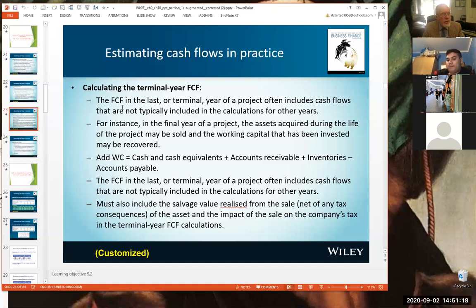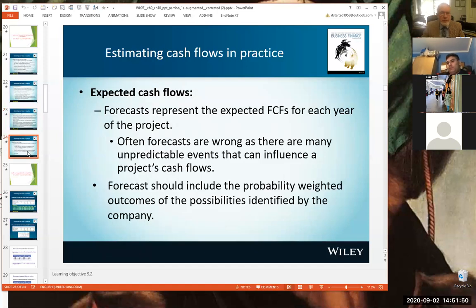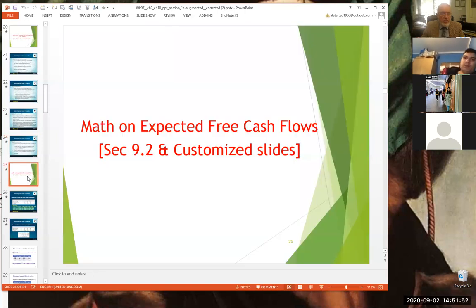And it adds to the operating income. Imagine if you owned an investment property, for instance, and you decide to sell it in 10 years' time. You'll have the rent this coming year, the rent the year after, the rent after that, and so on, up to the final year. And at the end of the final year, you get your rent check. That's good. That's your operations income. But you also sell the property, and hopefully you make a nice capital gain on it. And so that end cash flow, that terminal year cash flow, is actually really huge. Very, very important. Okay, so read through that and think about it. That should be fairly obvious. Just read through.